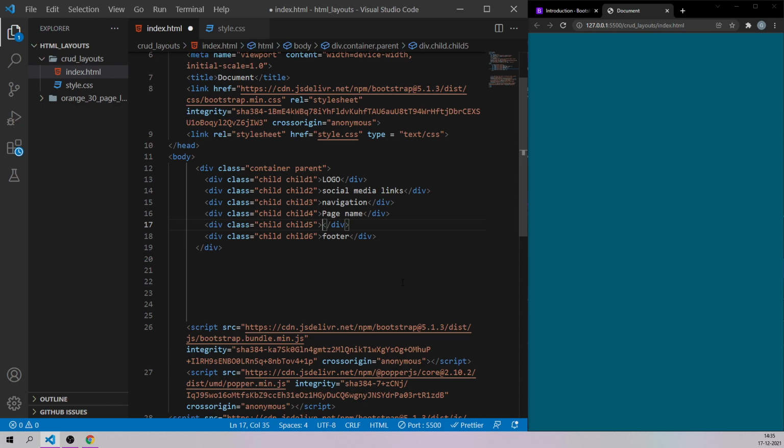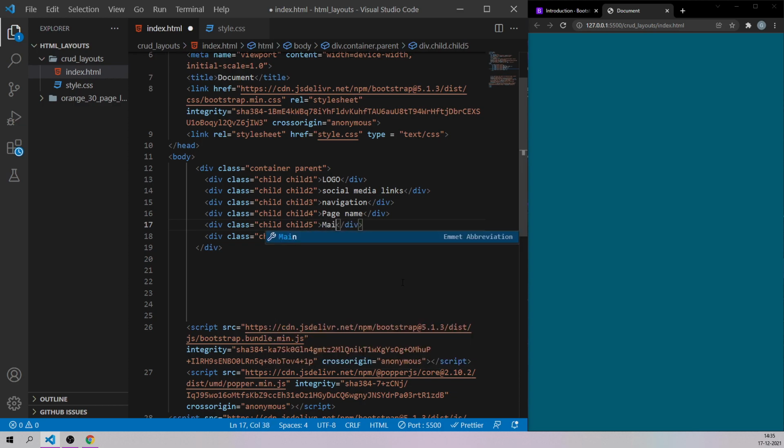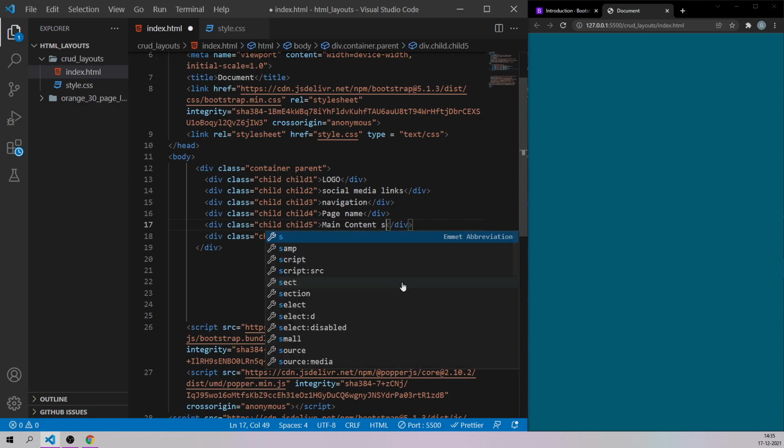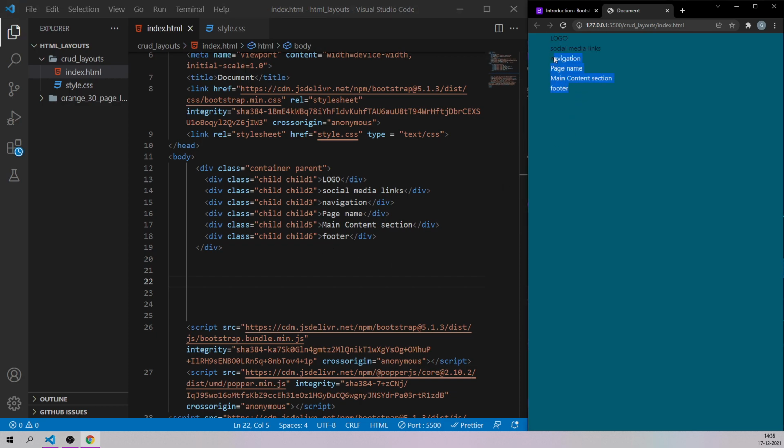So let's say like this: main content section. Okay, I guess this should be fine for now. So we have our logo, social media links, navigation, page name, and all those things.